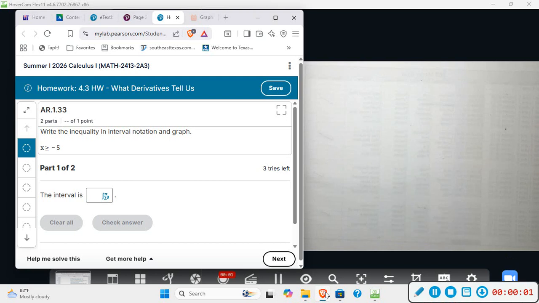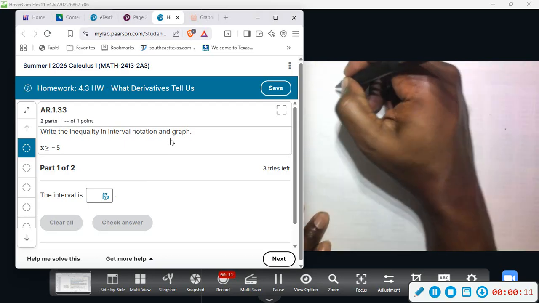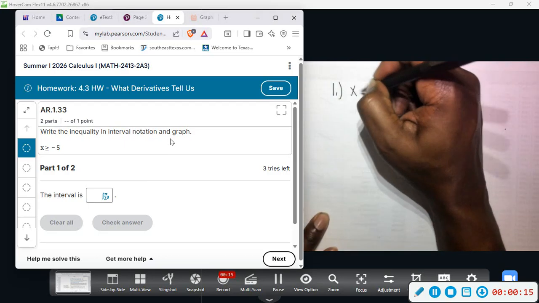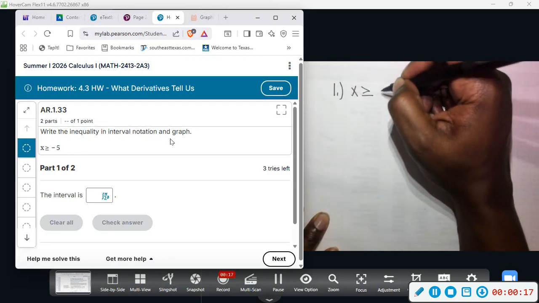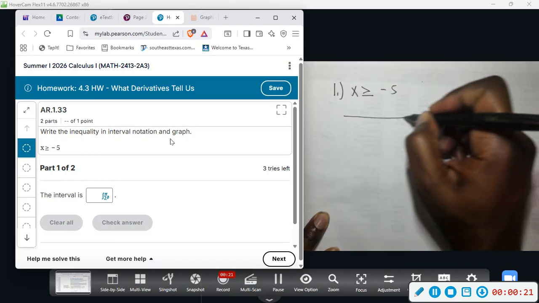All right, 4.3, number one. Looks like we have a review problem. We want to write the inequality in interval notation and graph it. All right, we have x is greater than or equal to -5. So when it says graph it, I usually draw a number line,